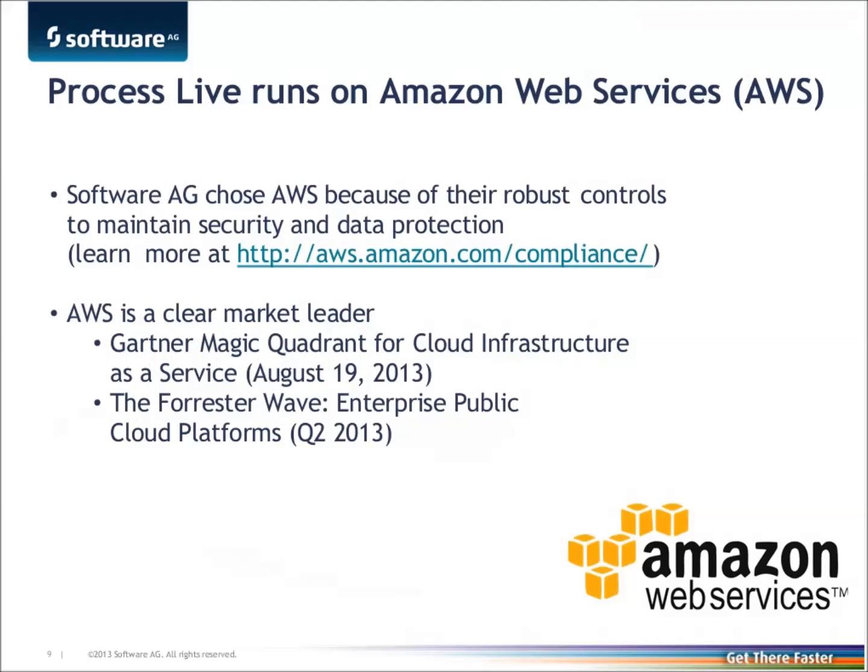Let me say a few sentences about the infrastructure. We chose Amazon Web Services, AWS, to be our cloud infrastructure provider. AWS is pretty much a collection of remote computing services, let's call it web services, that together make up a cloud computing platform. We chose Amazon because they have really robust controls to maintain security and data protection, and this was for us a really important topic. And Amazon is really a leader when it comes to those